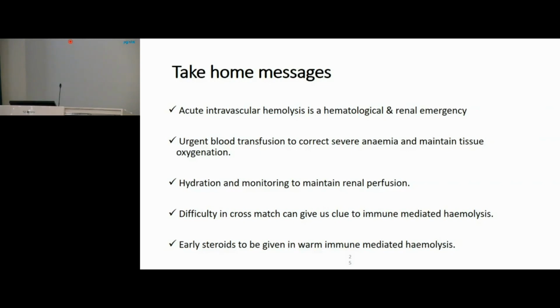Whenever a case of immune-mediated hemolysis comes, there are mainly two principles of treatment: urgent blood transfusion to maintain bare minimum Hb, and then to maintain the renal perfusion to prevent the pigment nephropathy. And if we get clues from the blood bank, we should consider this possibility early, and early steroids can be life-saving in this case. Okay, we can open this for your